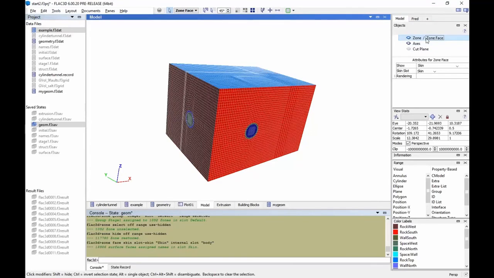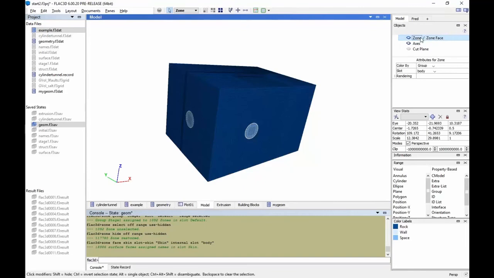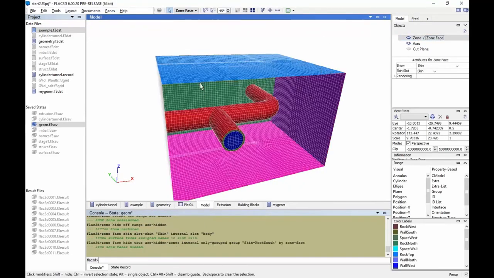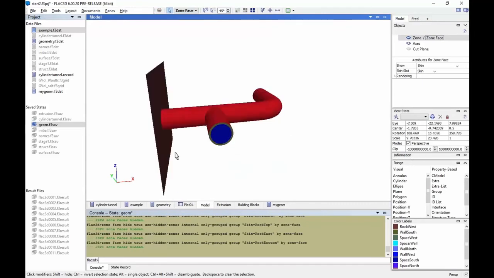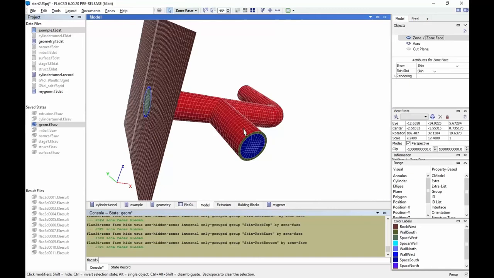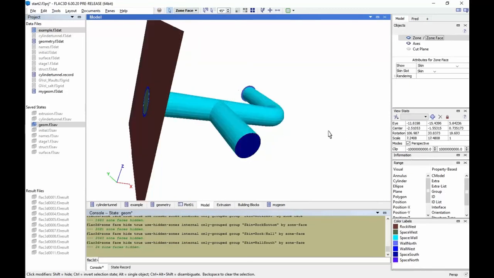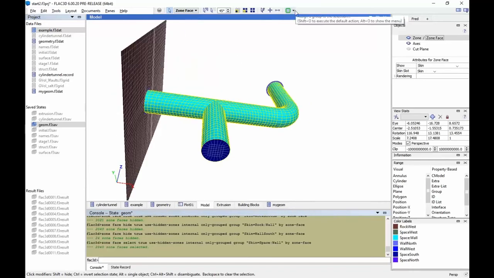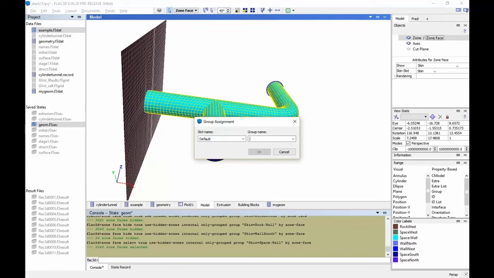Note that when we switch to looking at faces, to make it clear we're looking at faces instead of zones, the outline switches to white, just so people don't get confused. Now at this point, you can see that not only have we labeled the boundaries of the model, but we've labeled the internal boundaries where zone names change. So you can look at these internal surfaces and do something with them if you want. Here, for instance, I'm selecting this region of the model, and now I can just give it a name with that same tool. So I can call it inner wall,